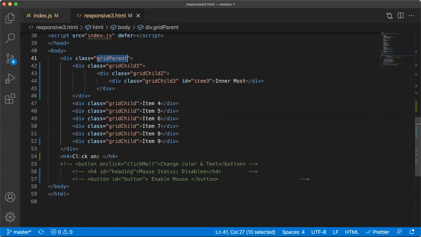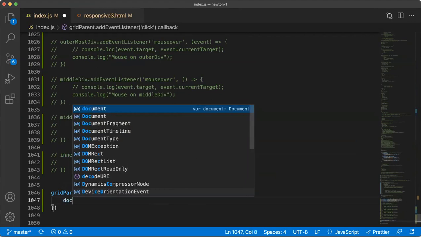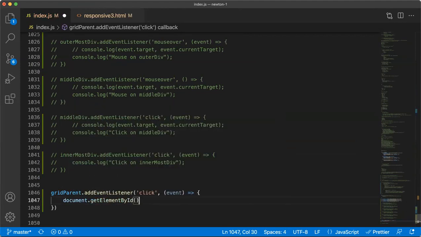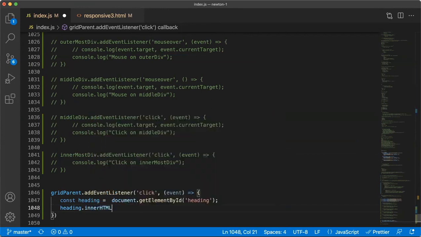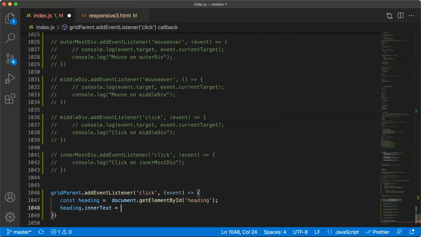So let's just give it an ID, heading. Document element ID heading. Heading dot inner text, of course, right? Inner text, what we have to write here, that's the important bit, equal to,